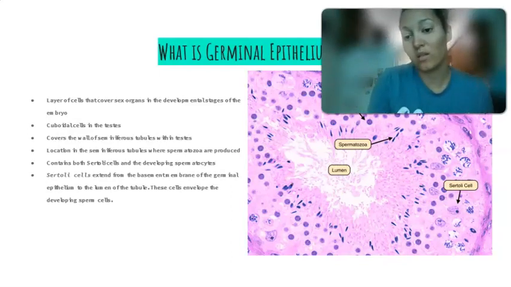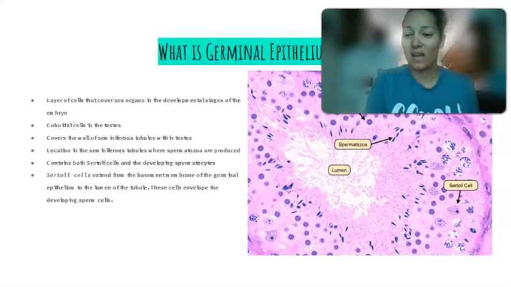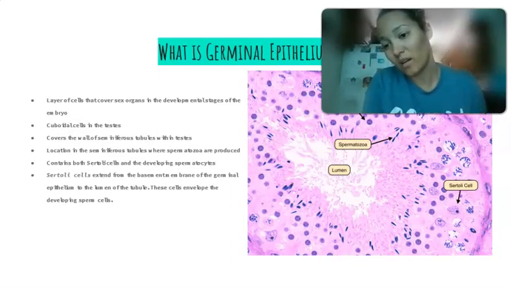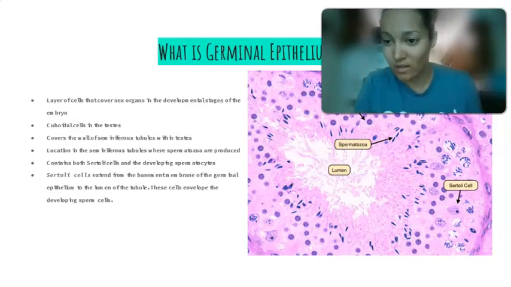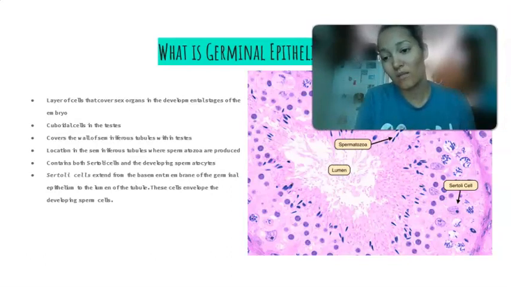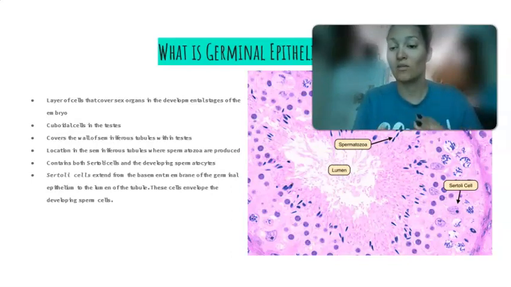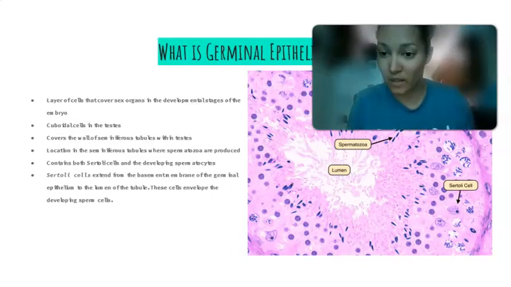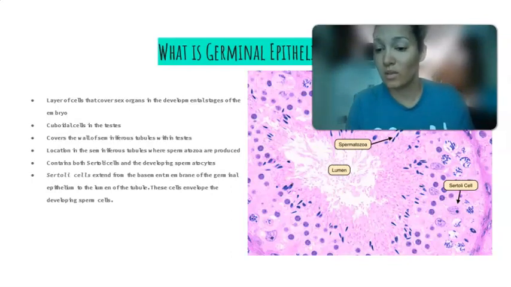Here you can see in the center there's the lumen, and you can see where there's a darker kind of circle that's going on, and that's going to be your myoid cells. The next section in front of the myoid cells, I want you to keep thinking of a circle. So the most inner part of that myoid cell line is going to be your spermatogonia, and the next is your primary spermatocyte. You have a spermatid, your spermatozoa, and then we have Sertoli cells, and we're going to talk